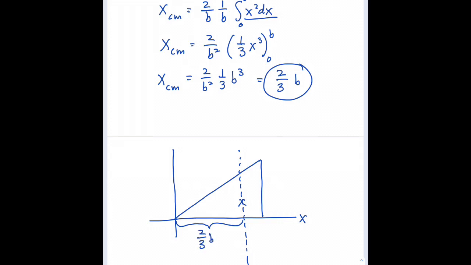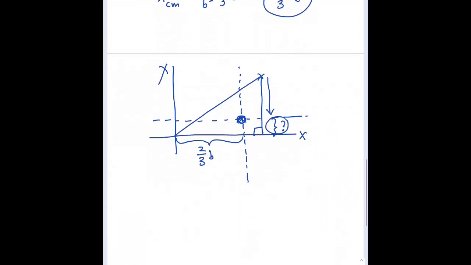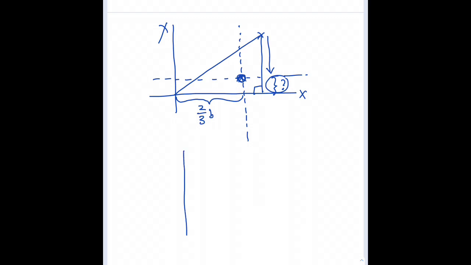So now the question is, how far up the y-axis is that center of mass located? Well, we'll treat that as a separate calculation. So here's the approach we can take. Instead of figuring out how far up from the base the center of mass is located along the y-axis, we'll figure it out this way. How far down from this corner is the center of mass located? So we can do that just by rotating and rearranging the picture. So if we draw our xy axis once again, and imagine taking and rotating this over to here and flipping it. Now we've got the triangle sitting this way,